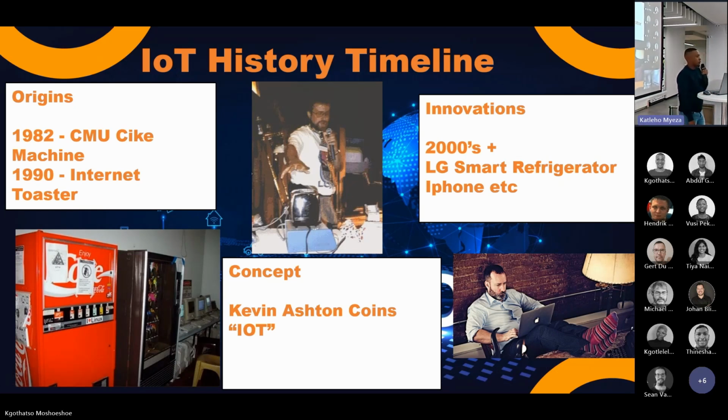In 1982, the first IoT machine was actually created. It was the Coke machine at Carnegie Mellon in 1982. Then in 1990, John Romkey came with the concept of connecting a toaster to the internet. By the year 1999, thanks to Kevin Ashton, he came up with the term IoT. From the 2000s, that's when people started innovating their own IoT concepts, and LG came with their smart refrigerator,